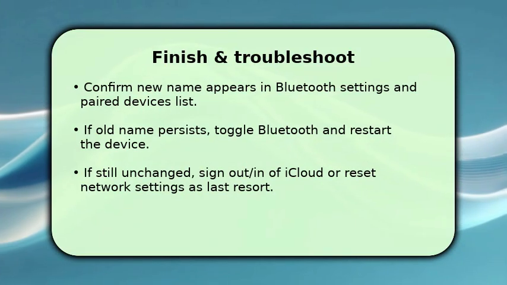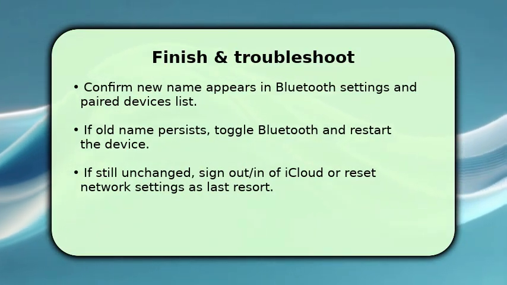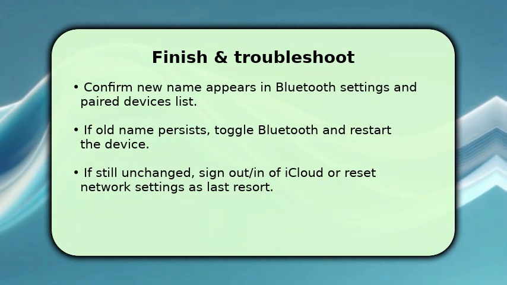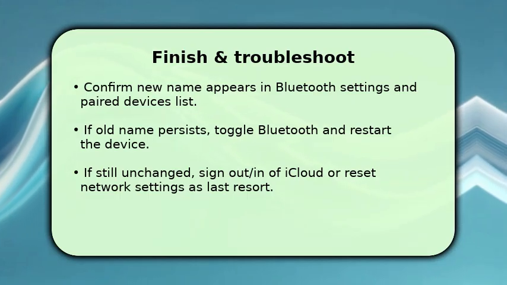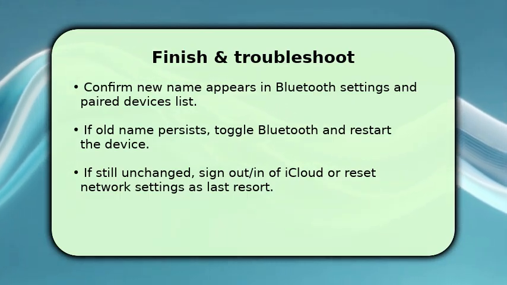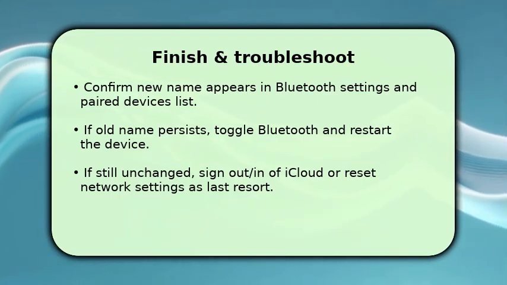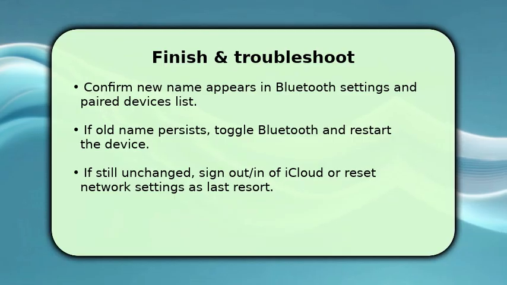Finish by opening Bluetooth settings to confirm the device broadcasts the new name to other devices. If you still see the old name, toggle Bluetooth off and on, then restart the device. That forces a refresh. Once done, make sure paired devices disconnect and repair if needed so they show the updated